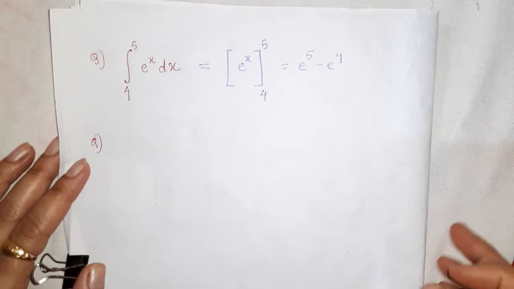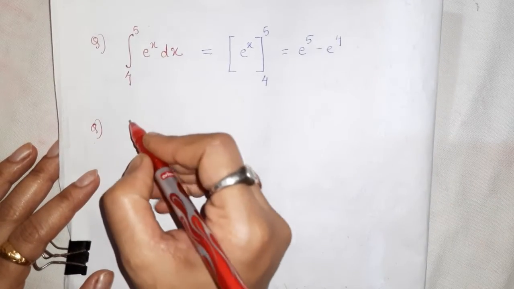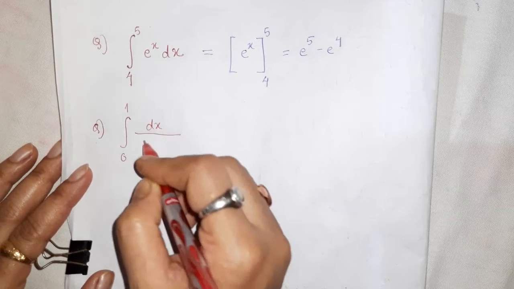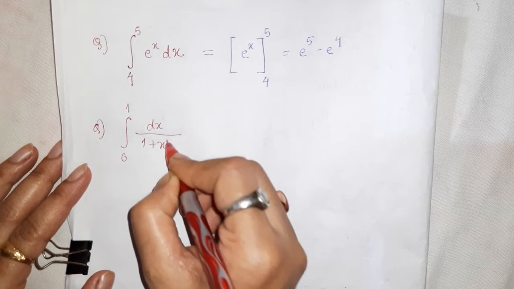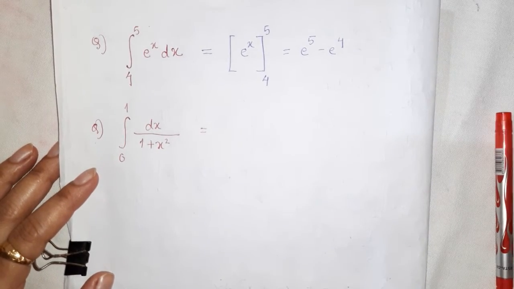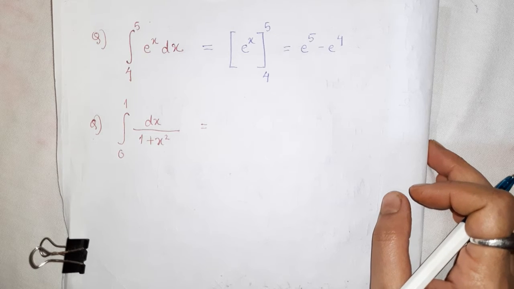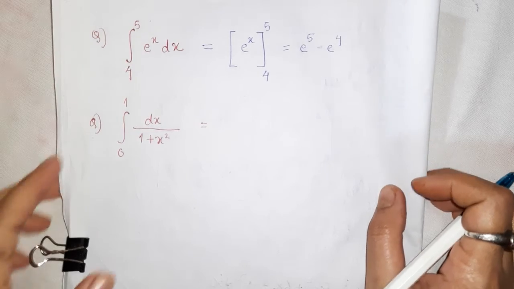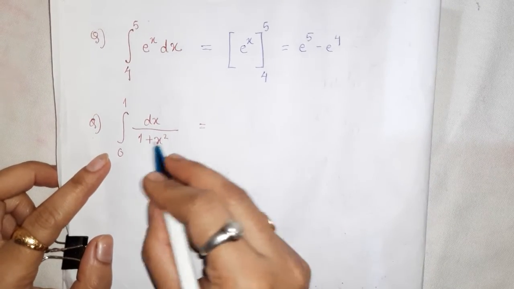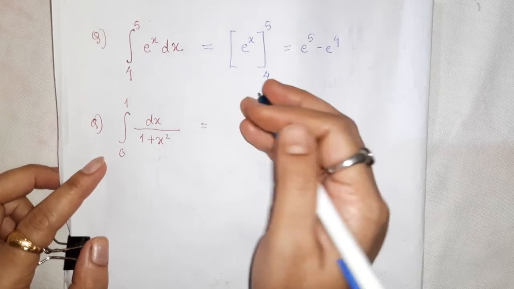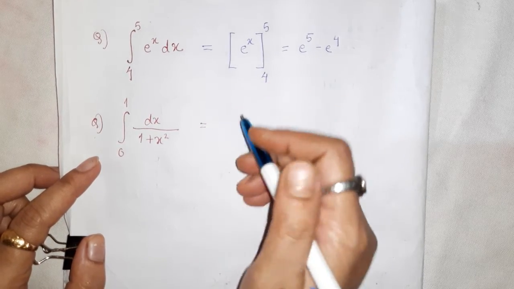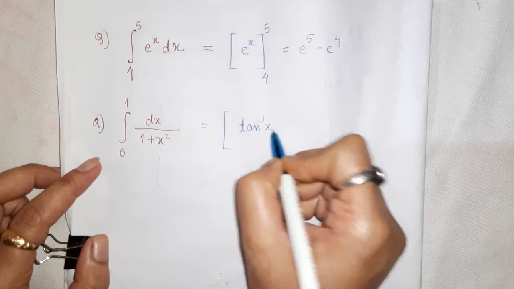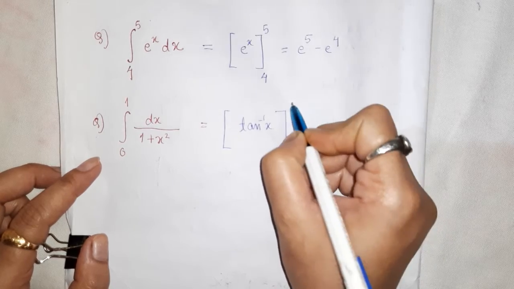The next one, integration from 0 to 1 dx by 1 plus x square. Now what is the integration of 1 by 1 plus x square? Okay, we know integration of this is tan inverse x, because differentiation of tan inverse x is 1 by 1 plus x square. So integration of this function is tan inverse x, 0 to 1,